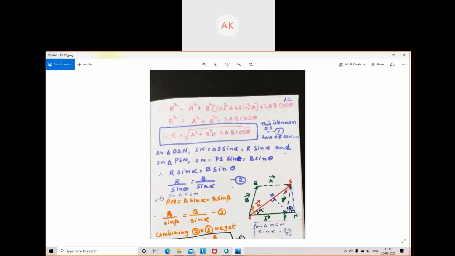Then to find the direction, different methods are there. The resultant is a vector quantity, so we need both magnitude and direction. This, R equals the root of A square plus B square plus 2AB cos theta, gives only the magnitude of the resultant. Direction we can find out by different methods. One method I will explain. So for that,